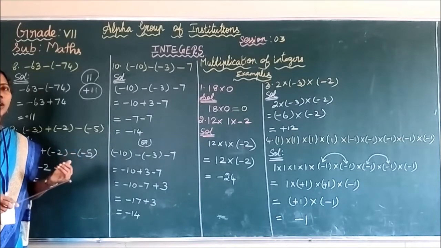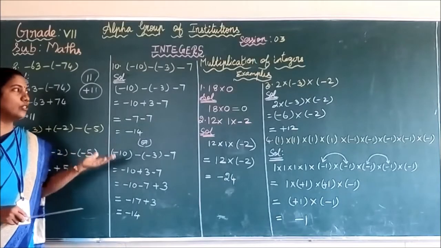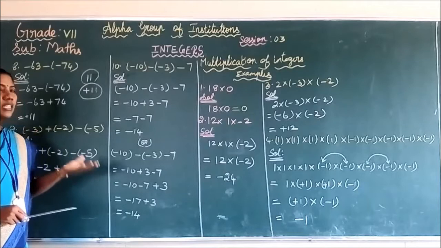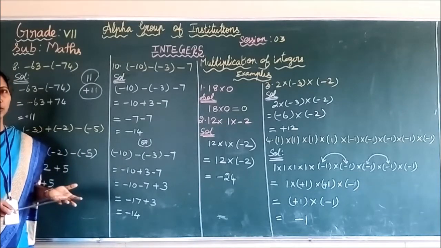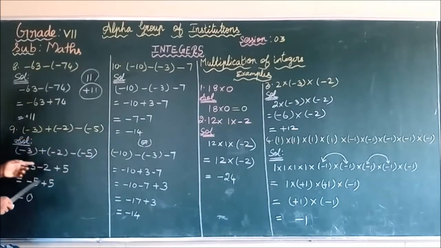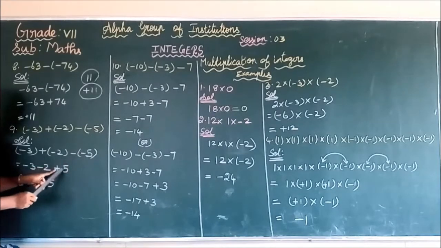What is rule 1? Why am I telling again and again rule 1 and rule 2? This is your basic foundation for your study, students. So you must have a clear idea about addition and subtraction. So you have to practice these sums well. Okay. See here. Now you are going to remove the bracket. Minus 3 plus into minus minus 2 minus into minus plus 5.